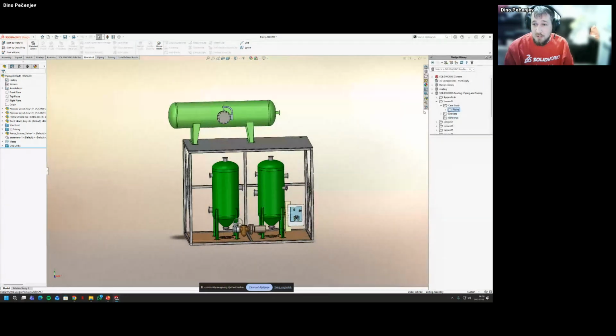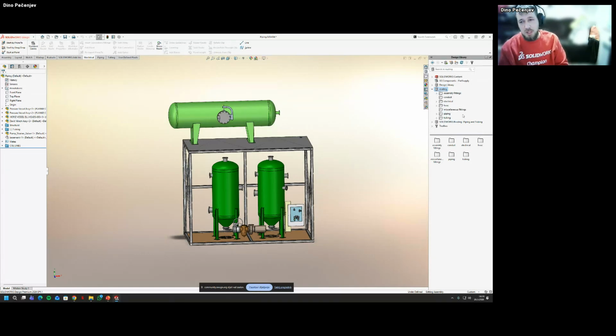So if you can see, this routing folder showed up. This is important. This is actually part of the design library, but this routing folder doesn't need to exist in here. This is a separate section, so you can put it anywhere you want. Just make sure that in the routing library manager, you put the right location to it.